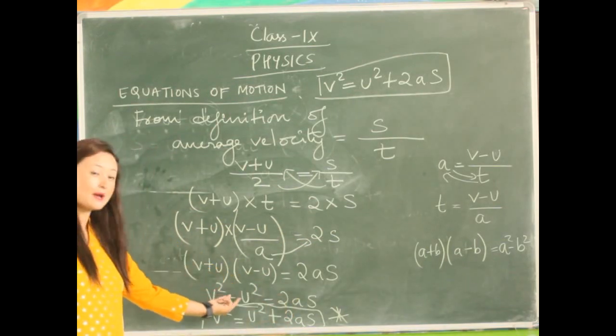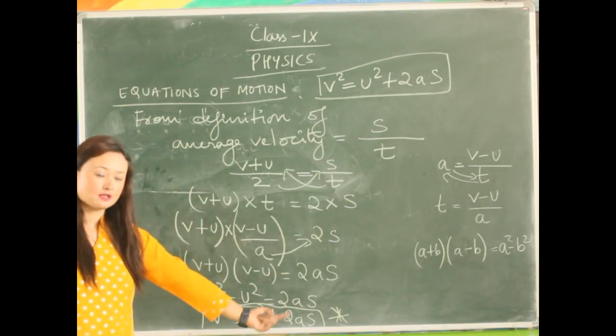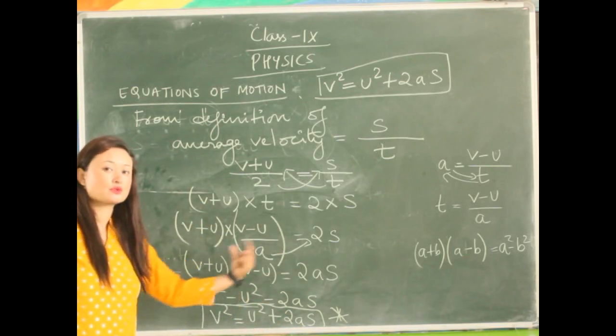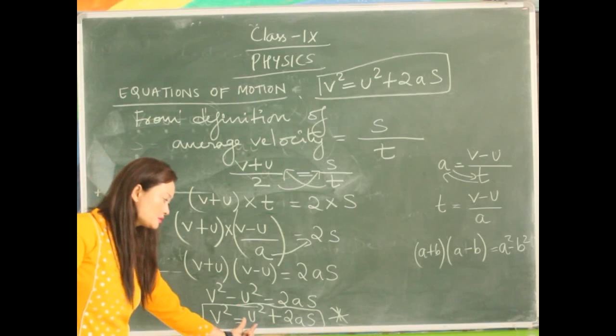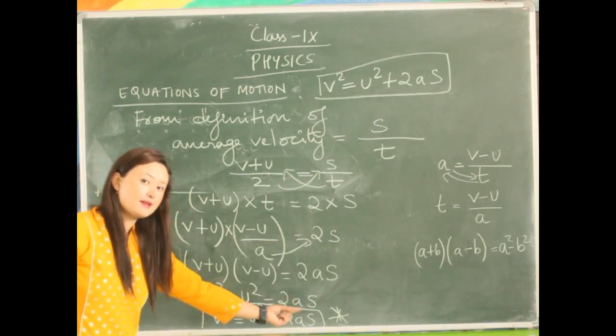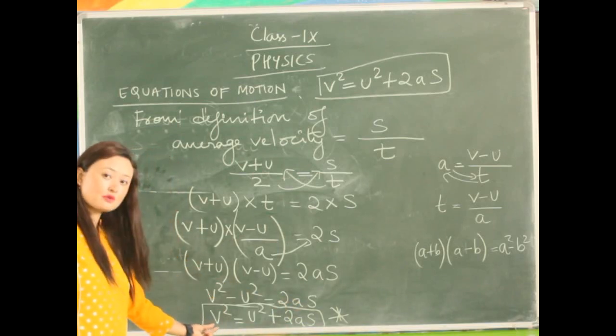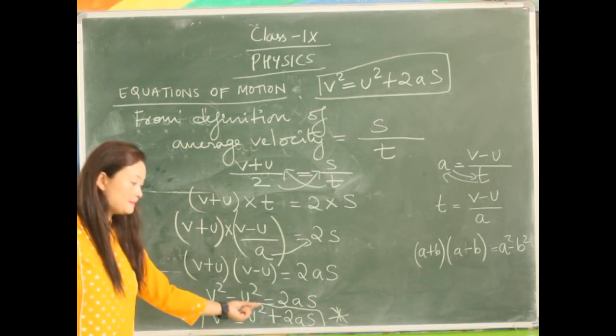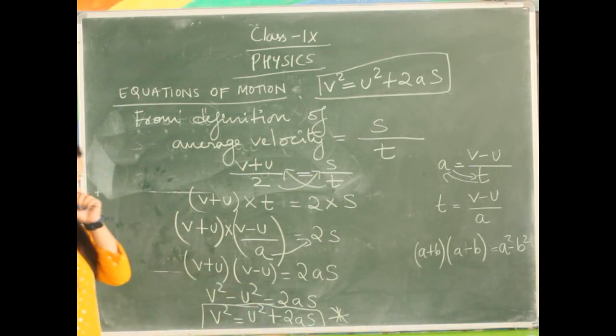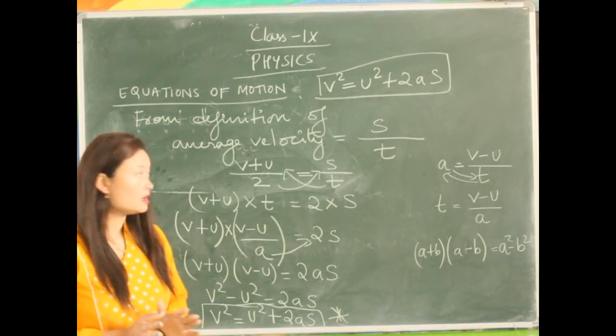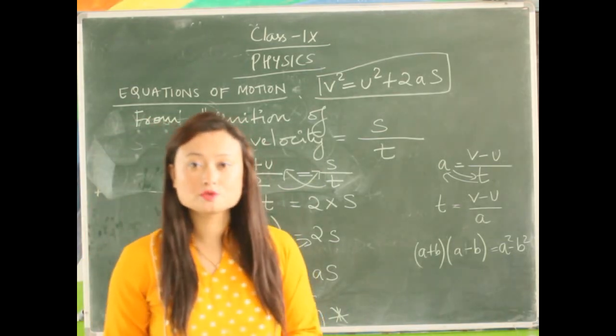Then we take this minus u square to the right hand side, where it becomes plus u square plus 2as. So what do we have? v square is equal to u square plus 2as. Okay, this is your third equation of motion. And I'll not be doing the numerical